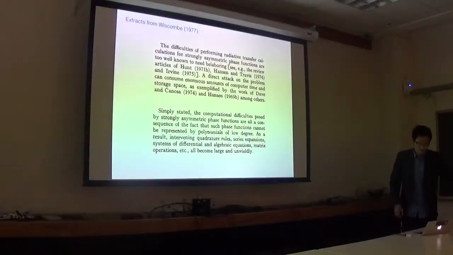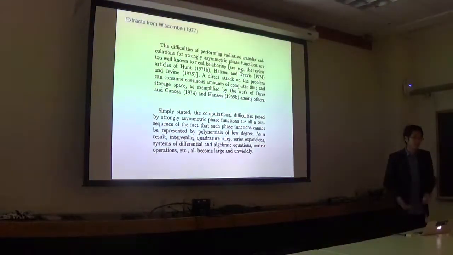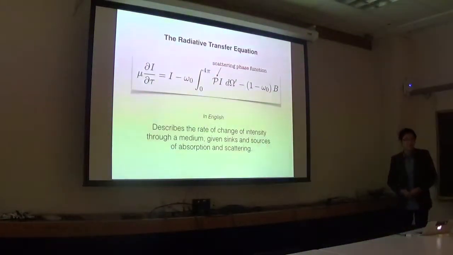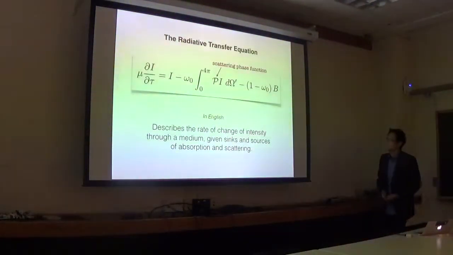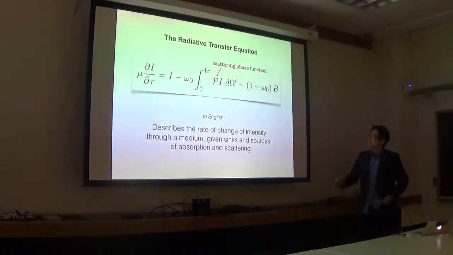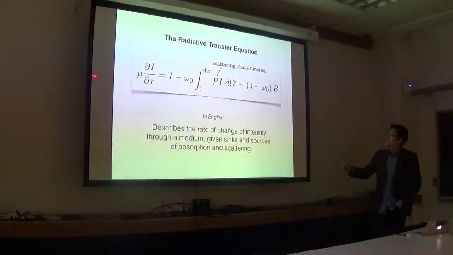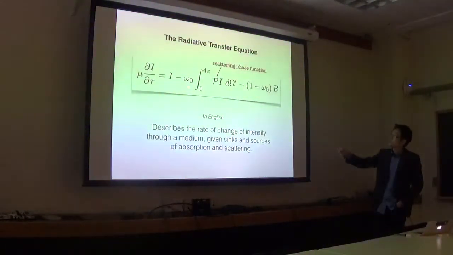But in order to get there, I need to explain all this background. So let's talk about the radiative transfer equation. In plain English, what it tells you is the rate of change of intensity through a medium where the correct length is the optical depth. Think of the optical depth as a dimensionless length. It is the contribution of the intensity minus or plus whatever is due to scattering and a black body